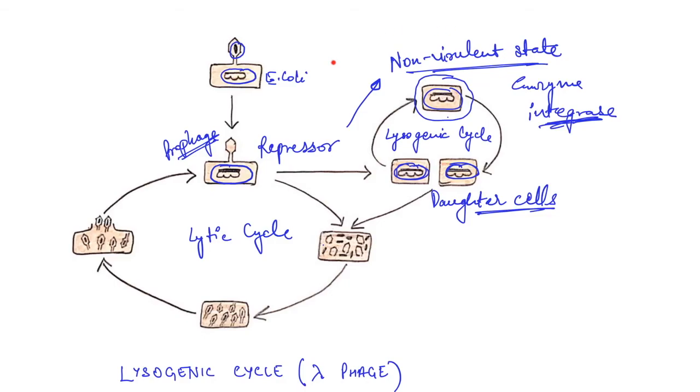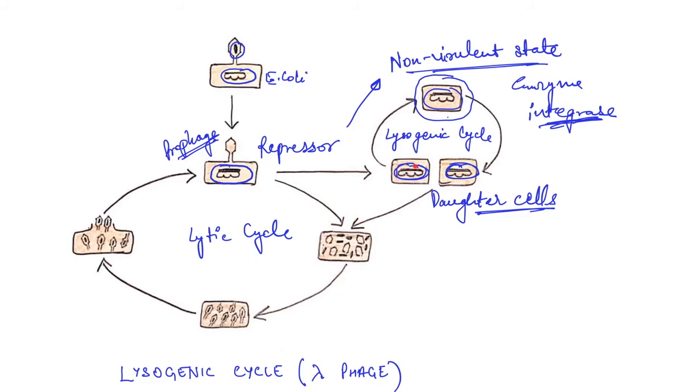So here it represses and makes up a non-virulent state. And then with the help of the enzyme integrase, the viral genome becomes integrated with the chromosomal DNA of the host cell. It replicates along with the bacterial cell, gets distributed in the daughter cells, and completes the lysogenic cycle. Once the daughter cells are formed, again the lytic cycle starts,